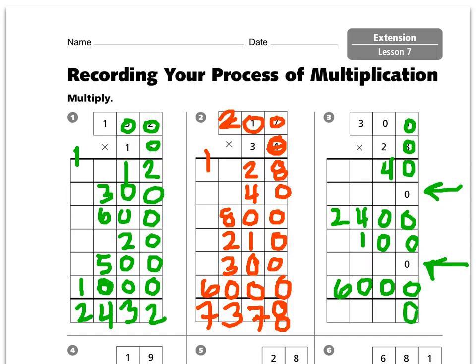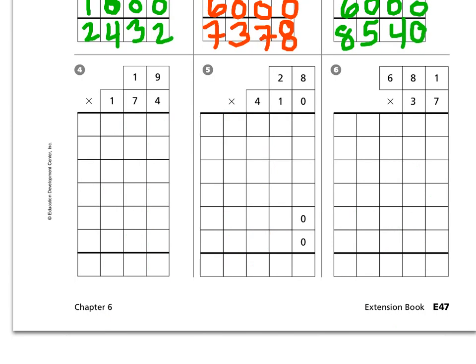All the way down, I have 4. 4 plus 1 is 5. 2 plus 6 is going to be 8. We're going to be doing the same thing for number 4. Now we're going to cross out the 1, the 7, and the 1. And I have 9 times 4, which is